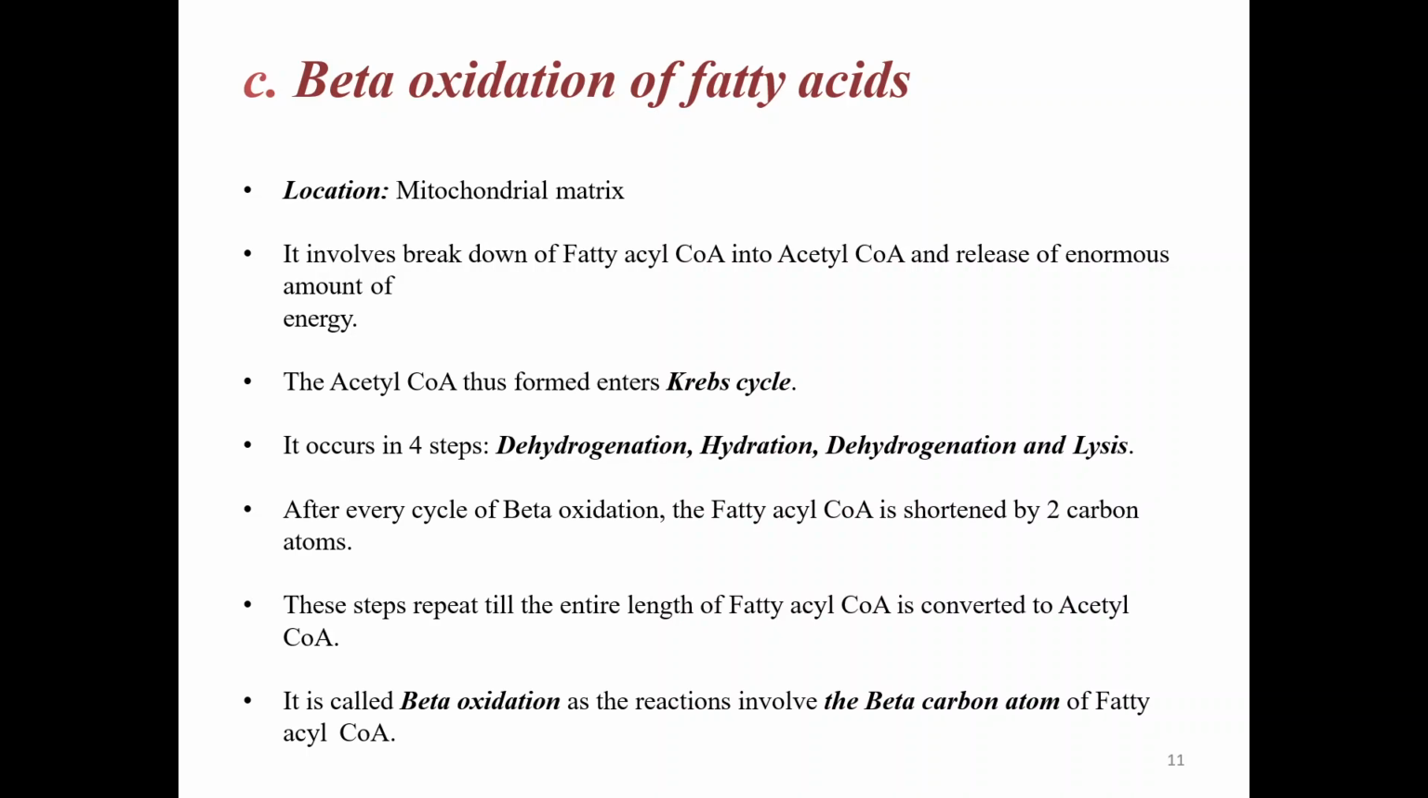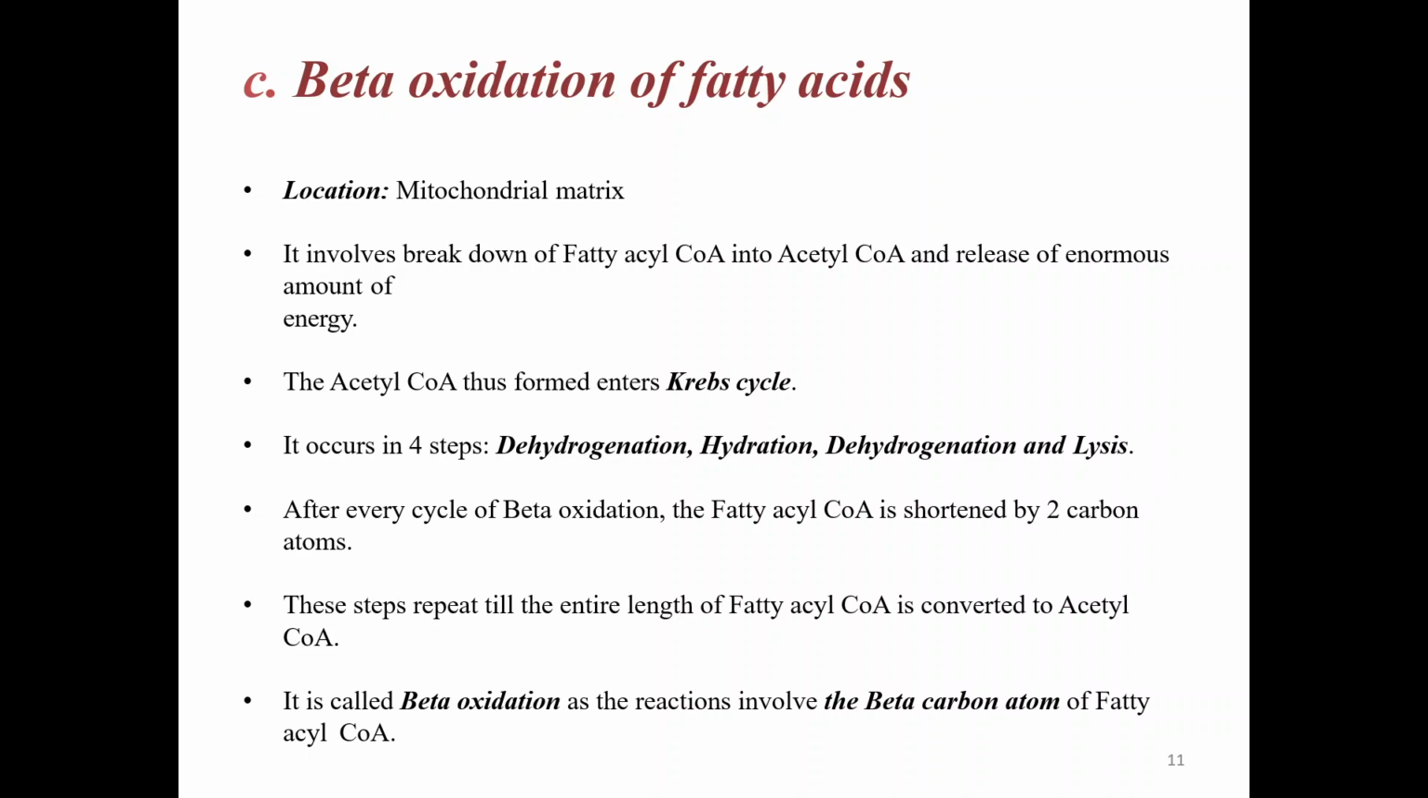What happens in these 4 steps is that the activated fatty acyl CoA molecule, in each cycle, goes through these 4 steps. One cycle of beta oxidation means 4 steps. In these 4 steps, it goes on eliminating 2 carbon atoms in the form of acetyl CoA. So in every cycle of beta oxidation, the long chain of this fatty acyl CoA gets shortened by 2 carbon atoms in the form of acetyl CoA,